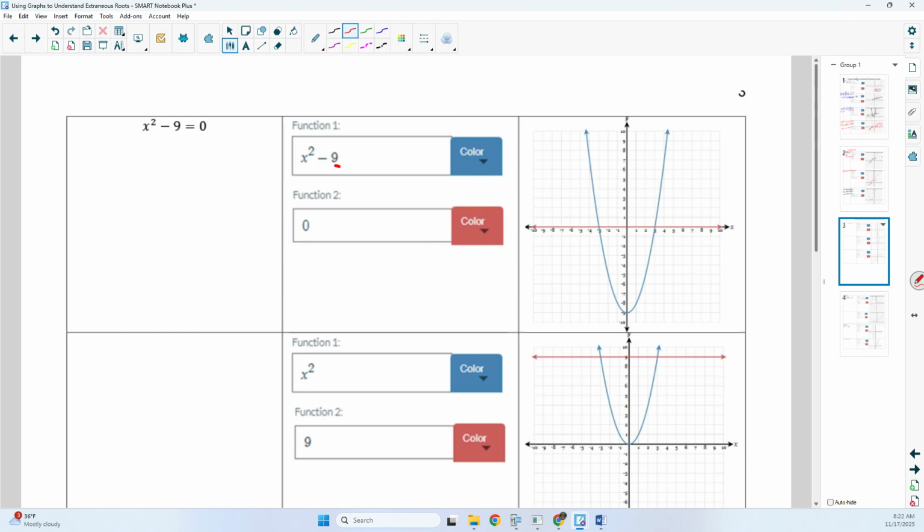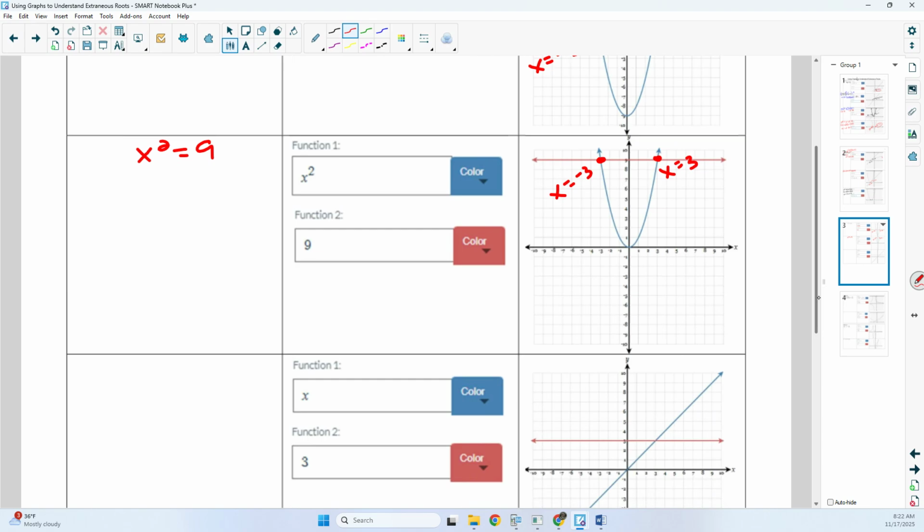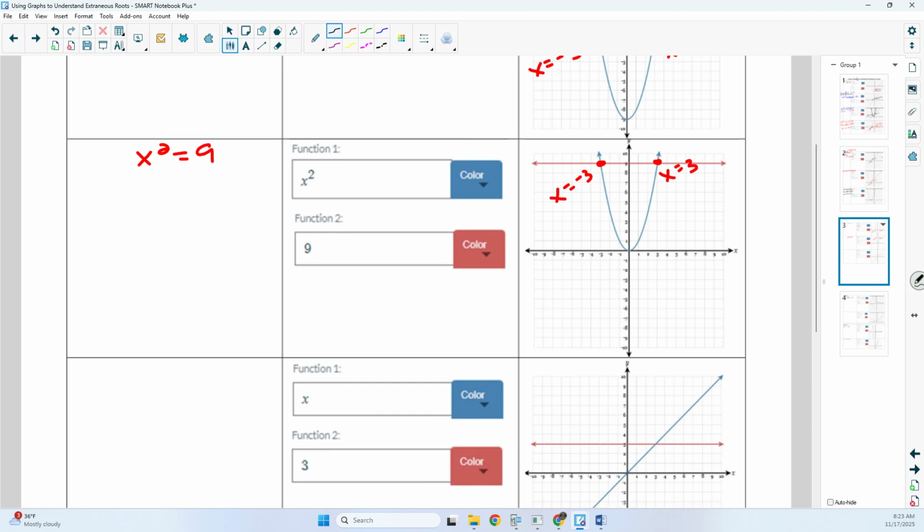So here I have both sides graphed, and I can tell, and this should be an equation we're familiar enough with, that we get answers of 3 and negative 3. So the next thing I would do is add 9 to both sides and get x squared equals 9. Okay, and we see when we have x squared equals 9, we still have those same 2 answers. But then when I take a square root of both sides,